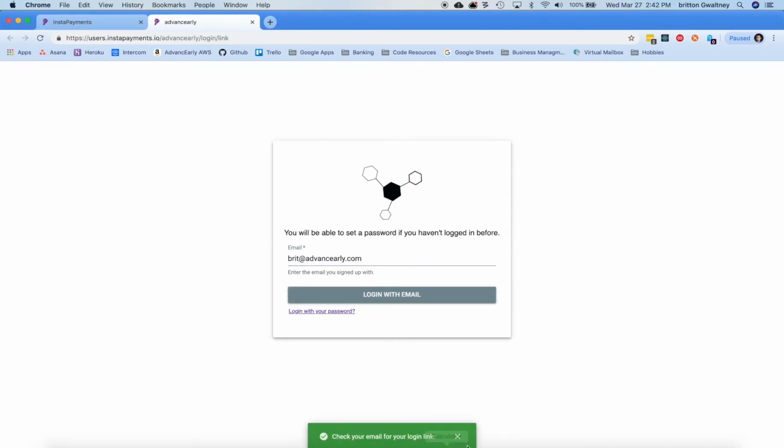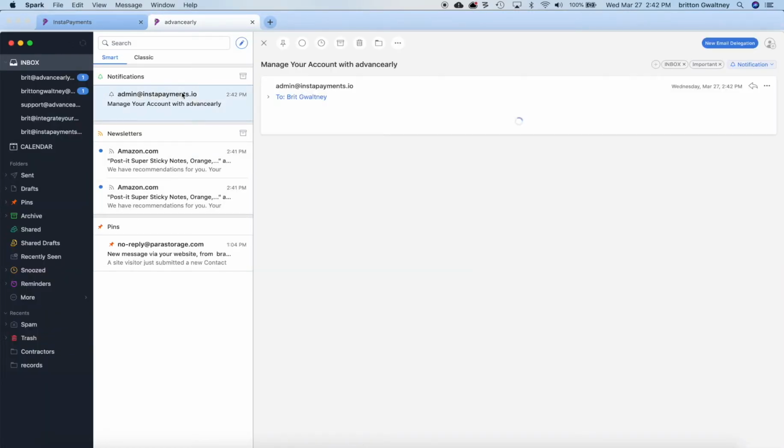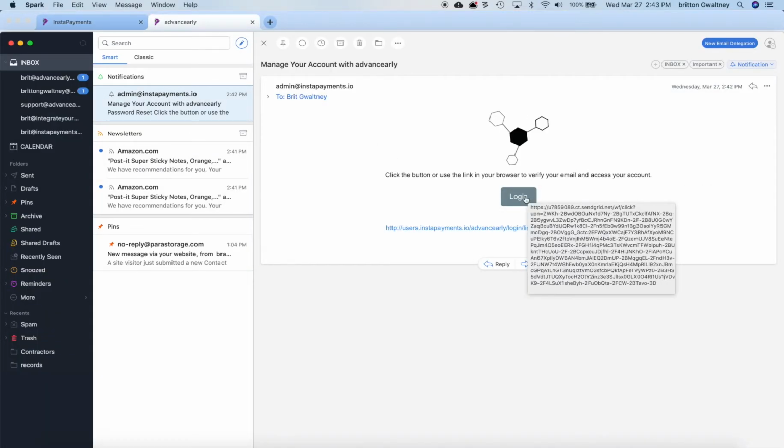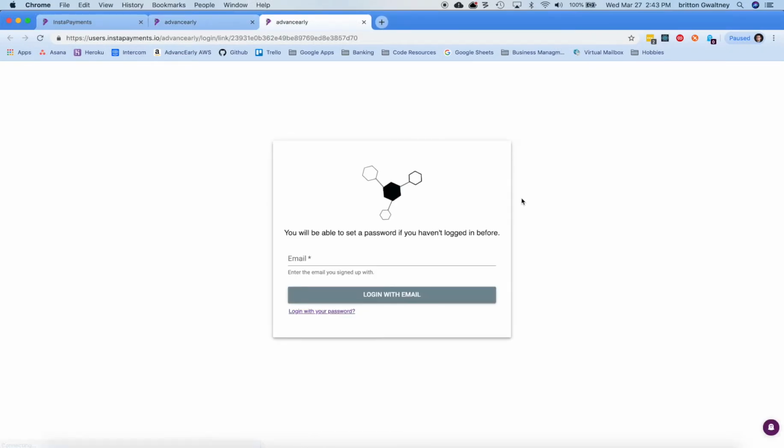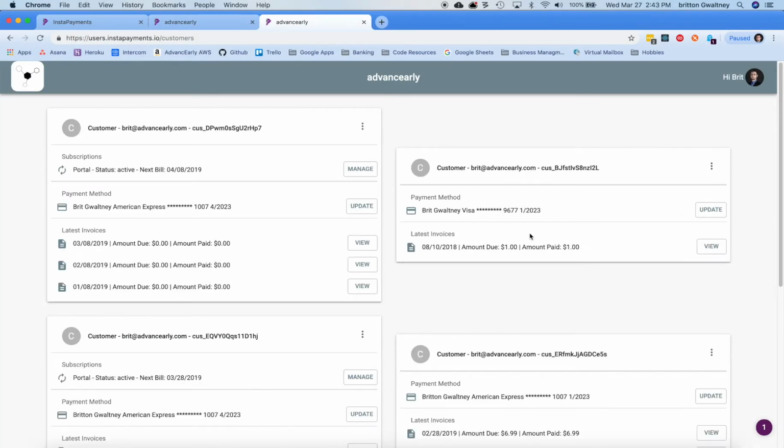They're going to receive an email shortly, which basically gives them a unique link that's active for a limited time. As you see, it already showed up. All they have to do is click this login button. It brings them back here, validates them in as the consumer, and then takes them to their user portal. This user portal has a ton of customers under it because it's my test one, but normally they would just